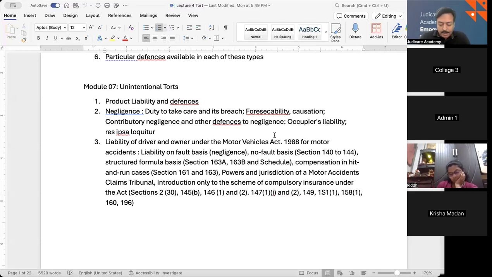For the purpose of this chapter, permanent disability of a person shall be deemed to have resulted from an accident of the nature referred to in sub-section 1 of section 140, if such person has suffered by reason of the accident any injury or injuries involving permanent privation of the sight of either eye, or the hearing of either ear, or privation of any member or joint, or destruction or permanent impairing of the powers of any member or joint, or permanent disfiguration of the head or face. So any of these things is considered a permanent disablement.